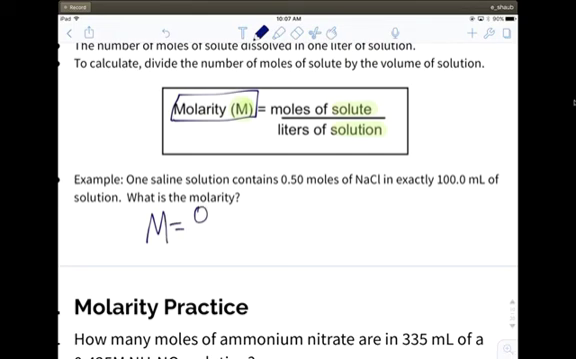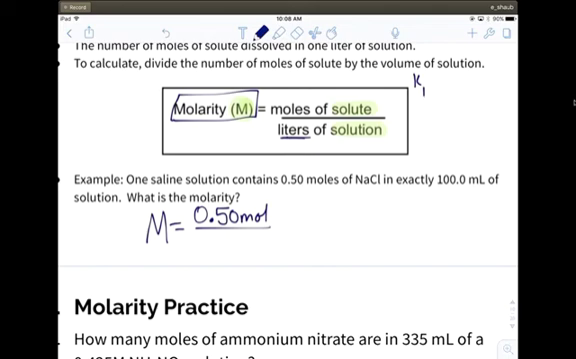So I should know my moles, which I do. It's the 0.05 moles of sodium chloride in exactly 100 milliliters of solution. Now, my formula has liters, so I need to convert milliliters to liters. Now, if you remember